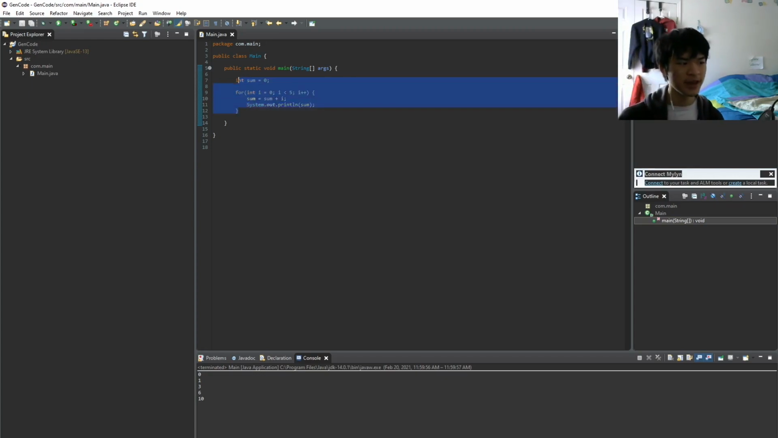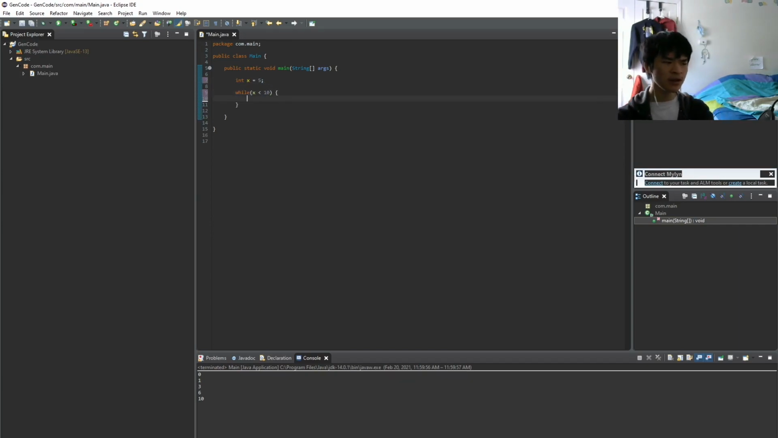Alright. Now, last but not least, let's go into while loops. This one is a little bit interesting. So let's say we have a variable, and we're going to call it x, and it's going to be equal to 5. Alright, I'm going to say while x is less than 10, x plus plus,